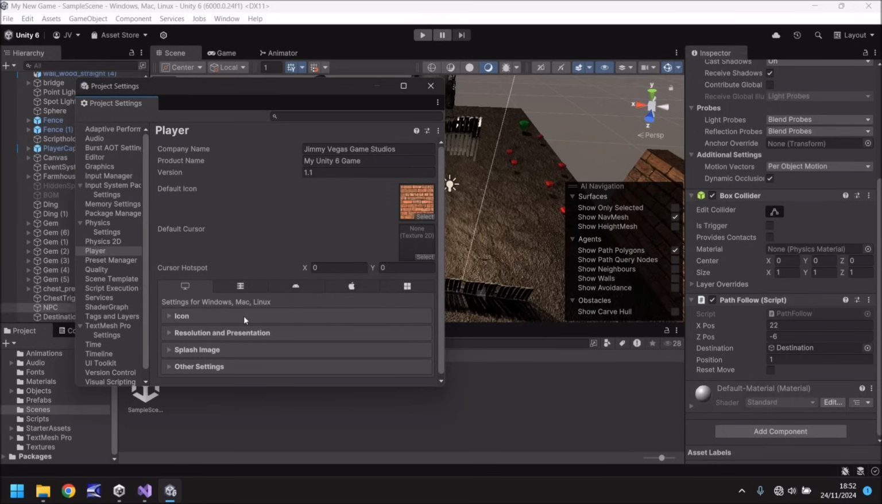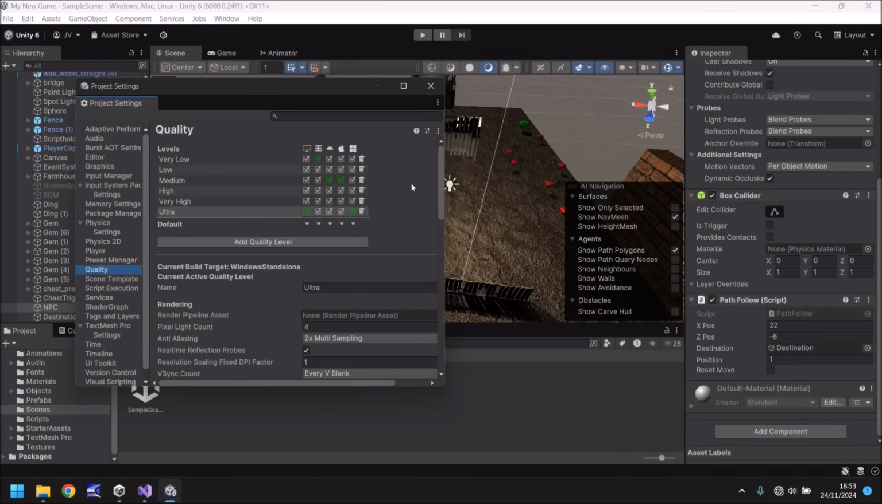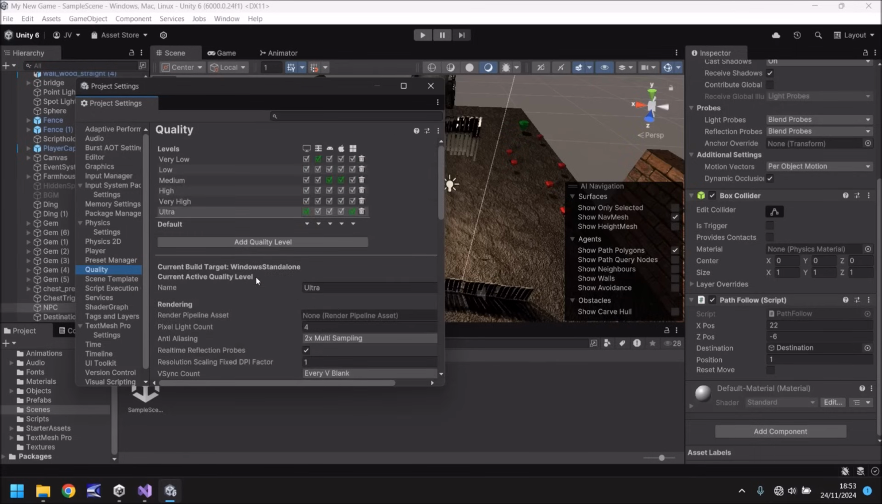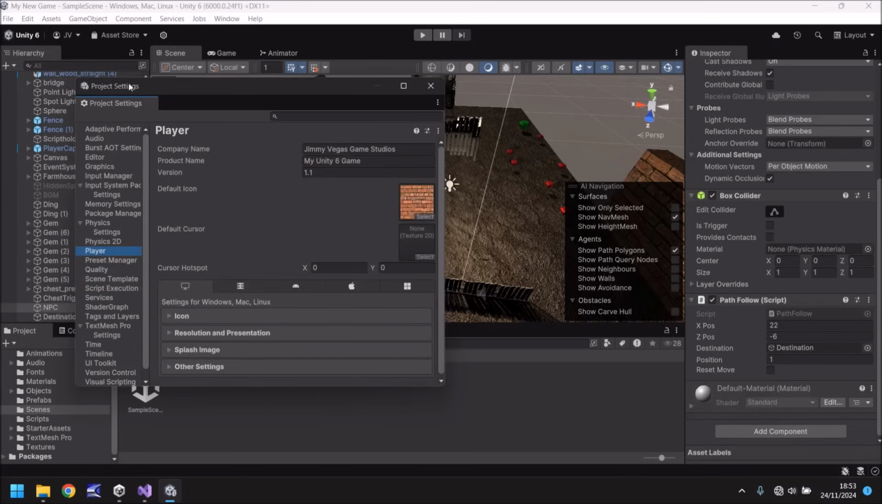The next important one I want to take a look at is quality. And this is where you can have different quality settings for different platforms, depending on what you want to go for. So ultra settings for PC, you can change some of these settings here. But in all fairness, the default settings that you have here are already pretty good and probably don't need changing. Feel free to change them around a little bit, but I think they're pretty good as they are. So player and quality, I would say, are the two things that are important inside